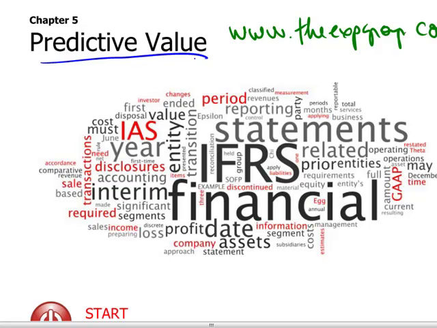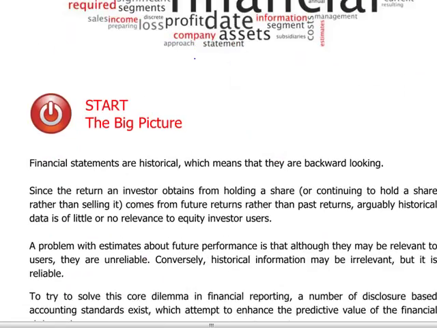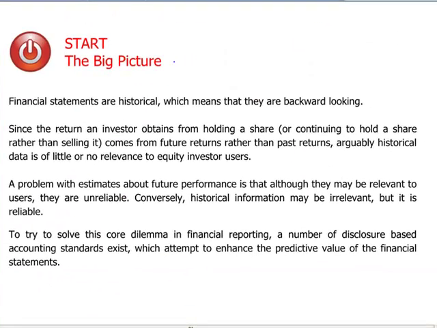We'll cover chapter 5, which basically deals with predictive value. We have said from the beginning of these Express videos that we basically produce financial statements to provide information to the users with respect to financial position and performance of the company. And we have discussed certain characteristics that the information presented in the financial statements should have in order to be relevant and reliable also to the users. So we have discussed the potential conflict between what is reliable and what is relevant for the users.